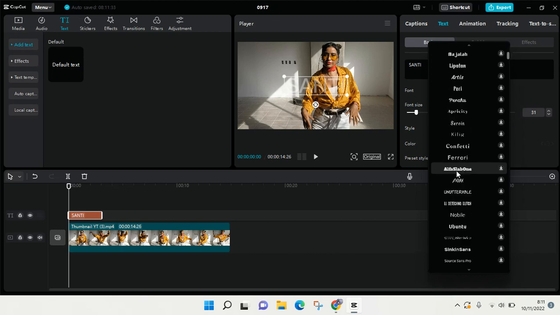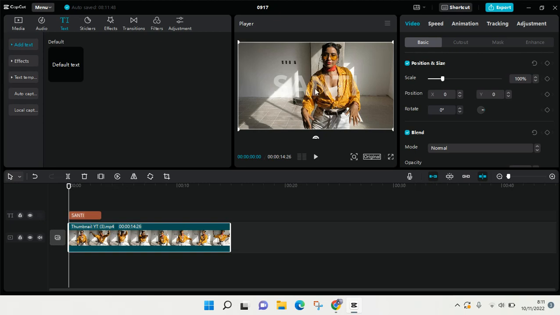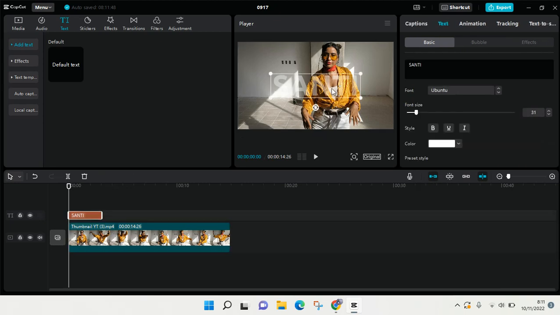You can also add your own font. I'm going to just use this one right here. Okay, so just wait. And now it has been changed. You can place it anywhere you like. You can place it at the bottom like so, for example,